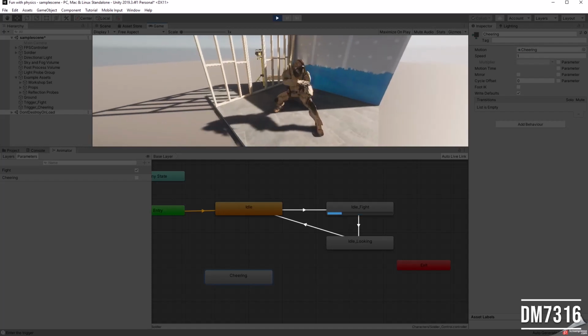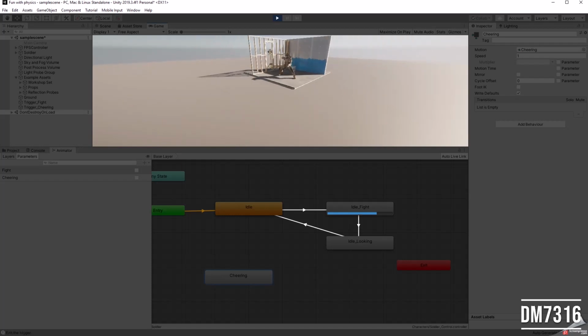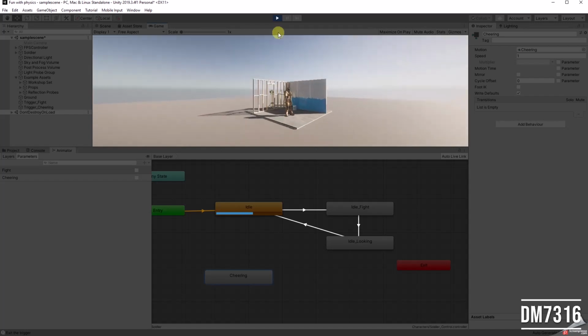Okay, so now I go out of the box. You see the fight is off now in the parameter, and he plays the idle looking. And he goes back to his first position. Okay, so now